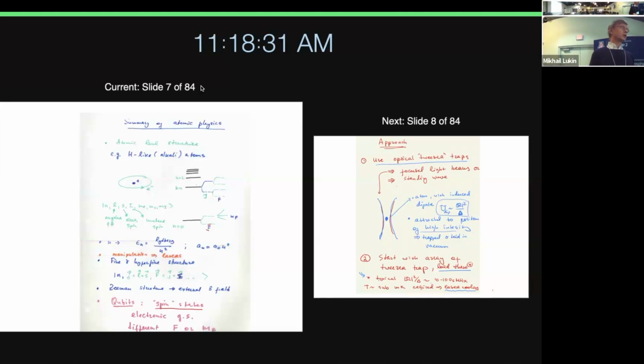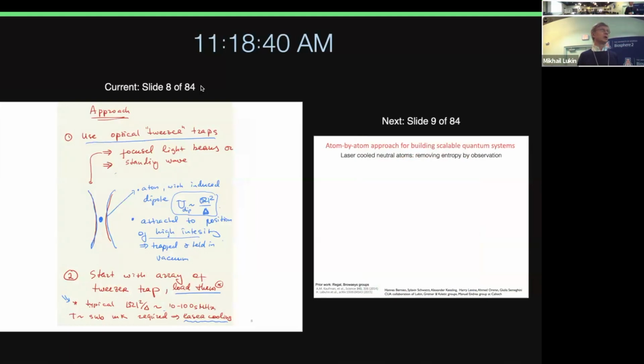So okay, this would be kind of the basic building blocks of this approach. And then, of course, what we need to do is first isolate and localize single atoms